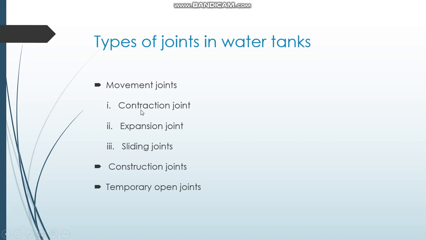So, in order to accommodate the contraction of concrete because of effects like temperature, we should have to provide joints in water tanks. Also, expansion joint is provided to overcome contraction or expansion of concrete due to temperature changes, etc. So, these type of joints are provided mainly as a safety purpose. We can discuss more about the joints while doing the problems. You can also refer in the textbook of BC Punmia with a proper explanation and figures.